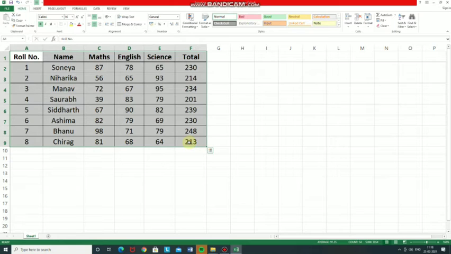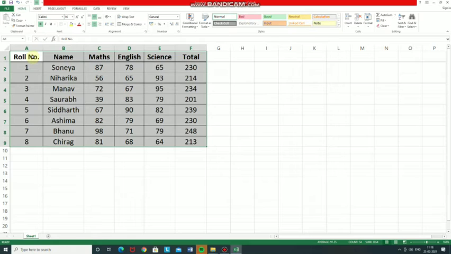For example, if the range A1 to F9 is to be selected, place the mouse pointer on cell A1, keep the left mouse button pressed, then drag it diagonally to cell F9, like this. The range of cells A1 to F9 is represented as A1:F9, with a colon sign. When you select a range of cells, all the cells appear highlighted except the active cell. This is the active cell now.